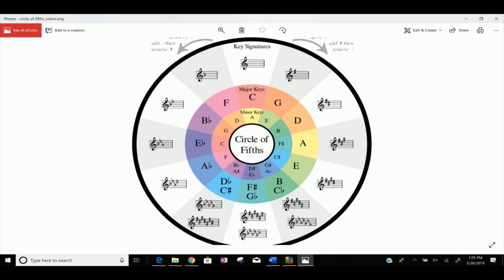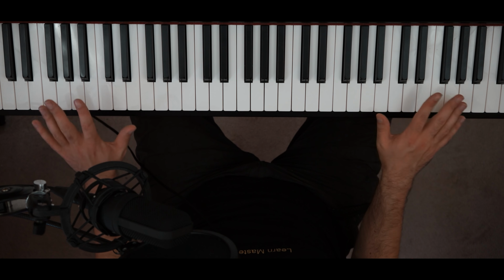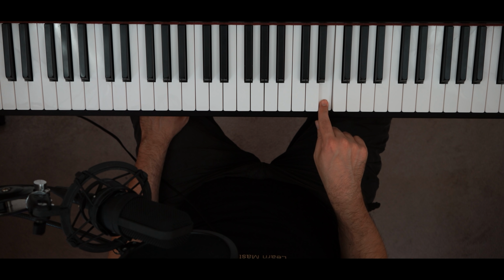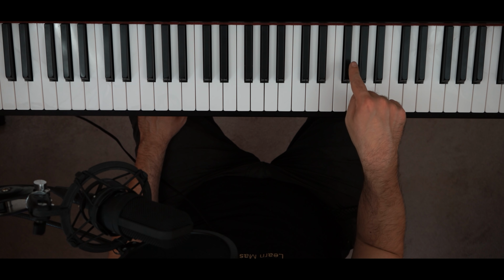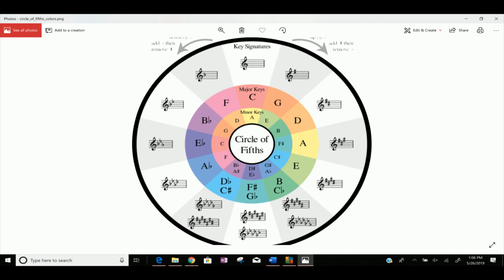All right, let's take a look more at the circle here. If you look around clockwise, we've got one sharp with G on the outside. So if you're looking for major keys, you look for the ones on the outside, and then they give you the minor on the inside. Let's look at one sharp. Now we're going to play the G major scale, which puts all of the notes in the key of G major in order from G, with all the notes in between. But I have to be careful because there's one sharp in this key,